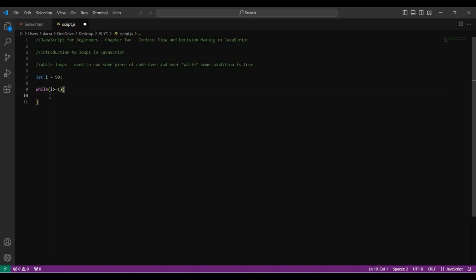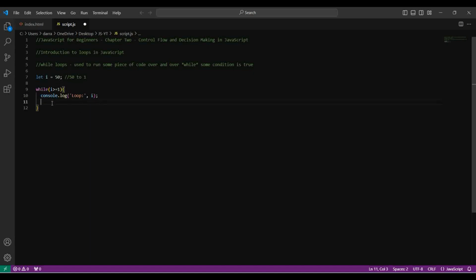And what's going to happen then is we're going to run our code while that condition is true. So console.log loop. So the first time the loop runs, i will have a value of 50. And remember, we want to this time use the decrement operator because we're counting down from 50 to the number 1. You don't want to increment i, okay, or you'll end up in an infinite loop, because what will happen